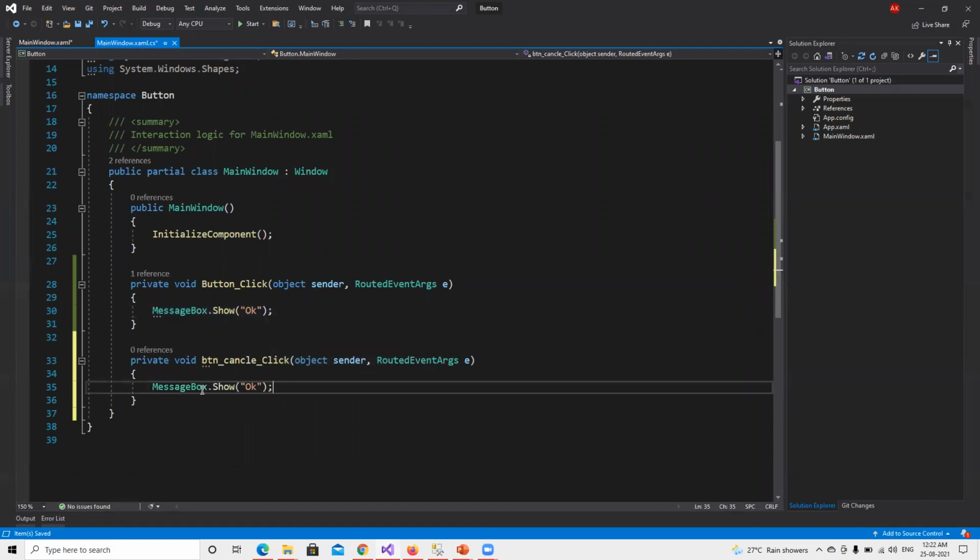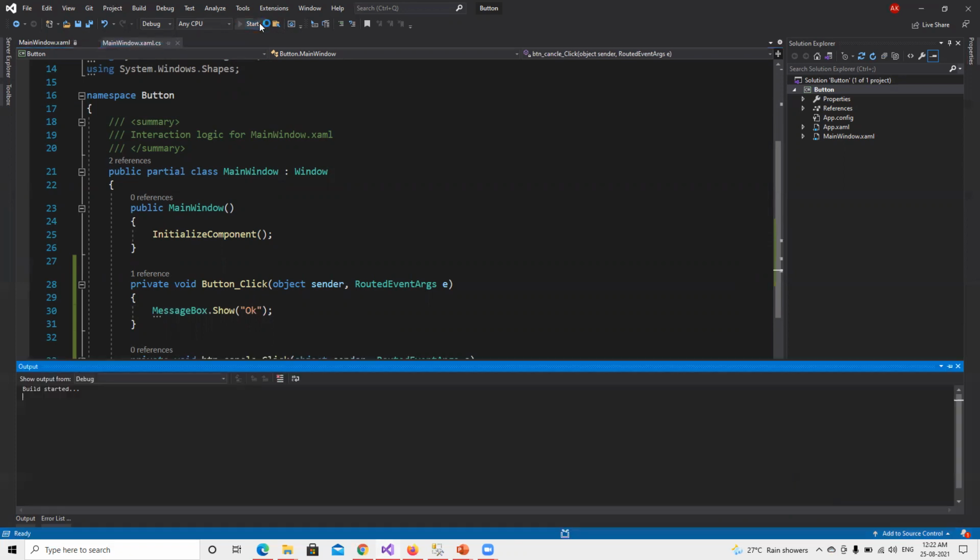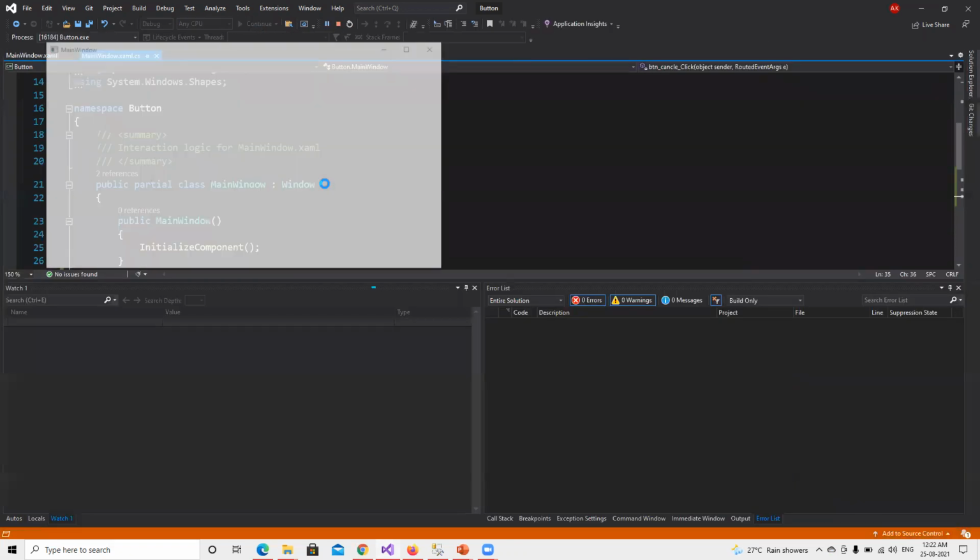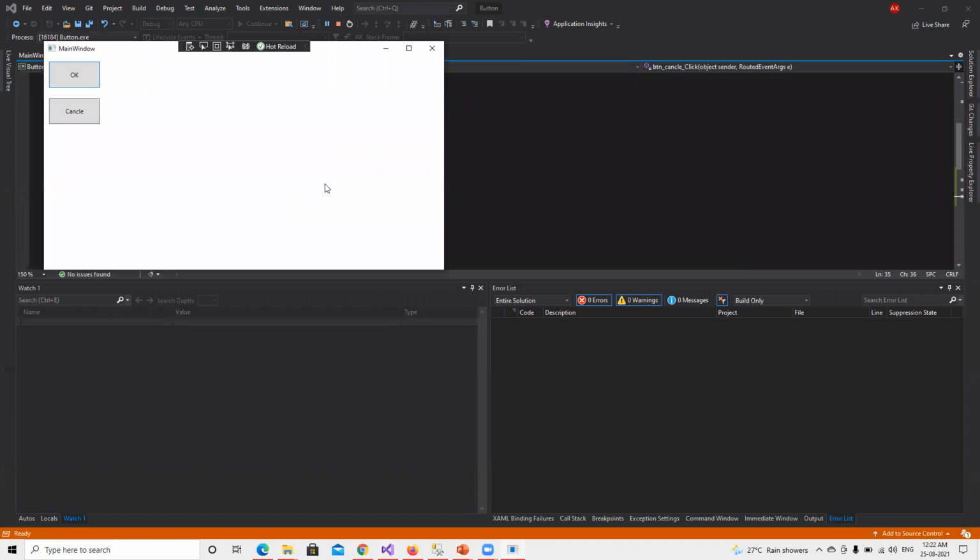So now if I go ahead and put OK, and now I put the cancel button. Okay, if I go ahead and try to run this, right now on opening, if I press enter, OK is coming because we made that default. If I click on cancel, we'll get that cancel.